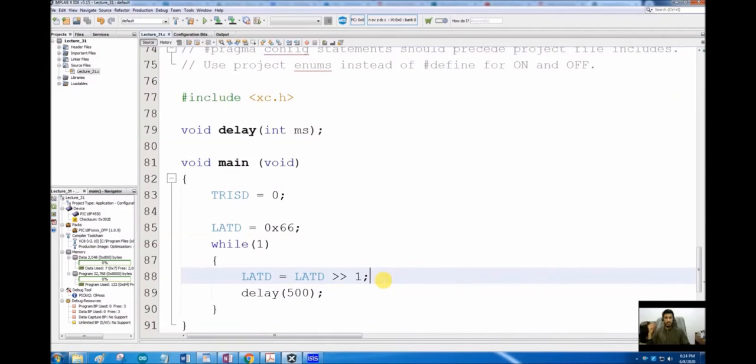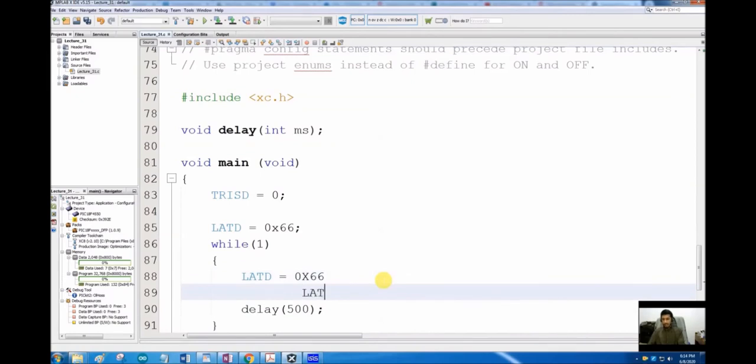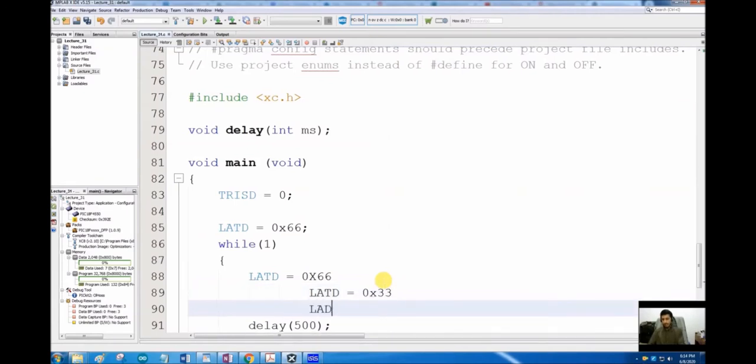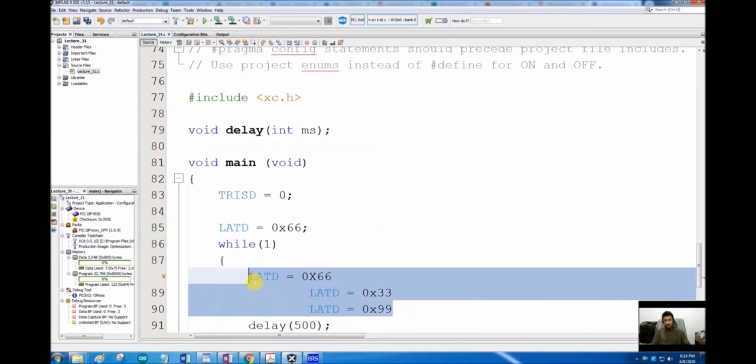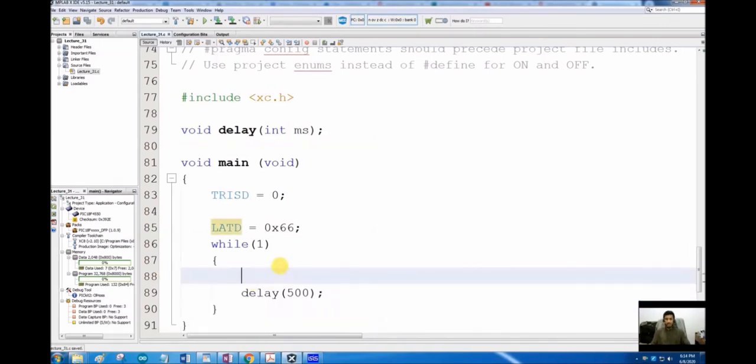So we have 2 options. Either we manually load the LATD register with 0x66 and then LATD equal to 0x33 and so on, and then LATD equal to 0x99 and so on. Either we manually do this or we try to use the rotate command somehow in our C code.